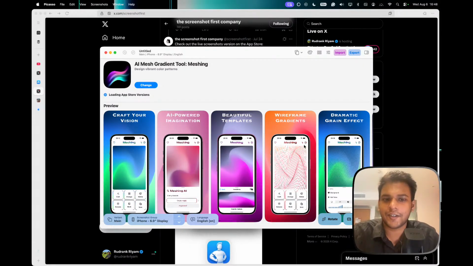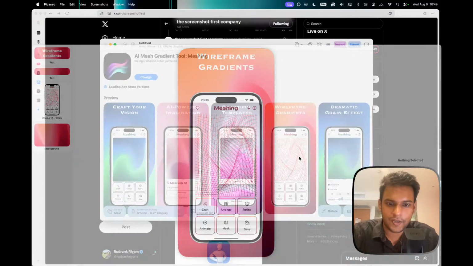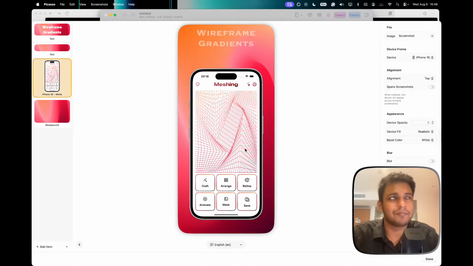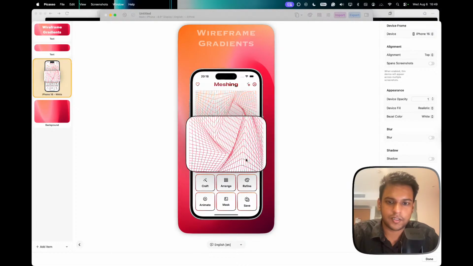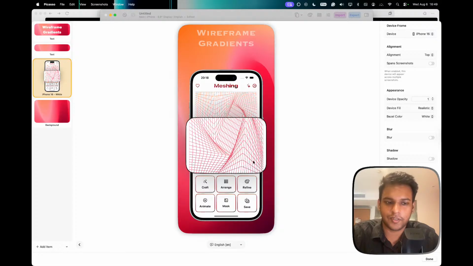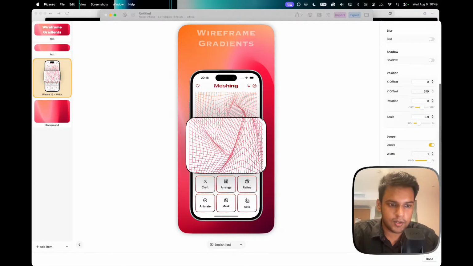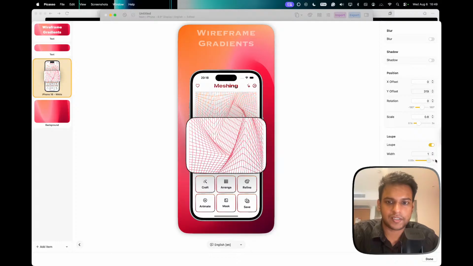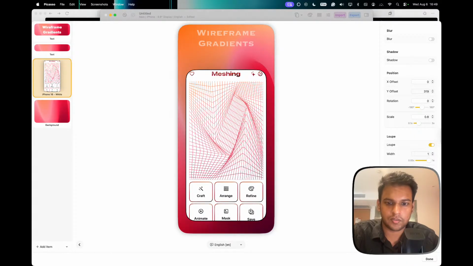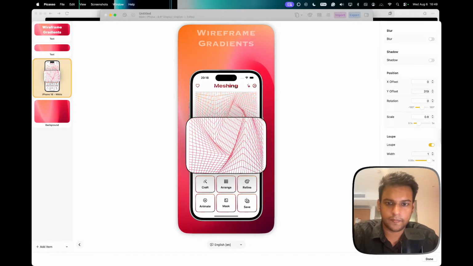But today I learned about this new feature called loop. The idea is that it's a kind of magnifying glass thing, and then you can have the effect on the screen as well. So if I start this loop, you would have seen this very often. And if I go down and increase the width, so okay, this is the maximum width that you get. Then you can increase the height of how much of a loop that you want.